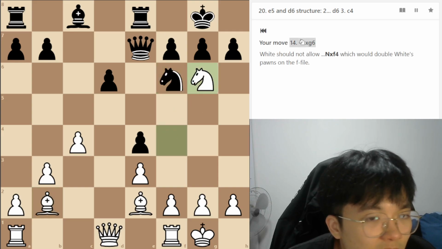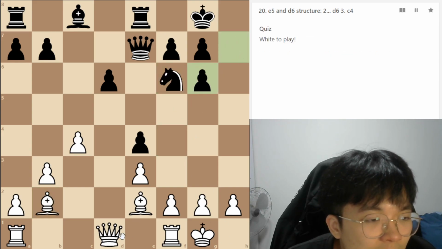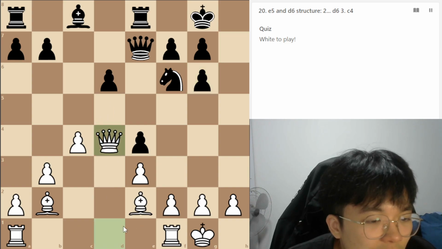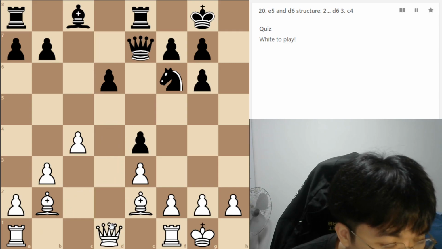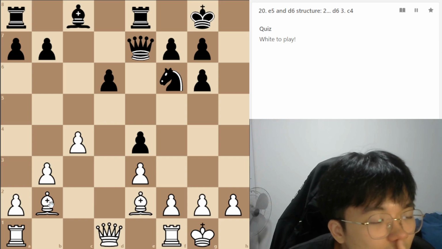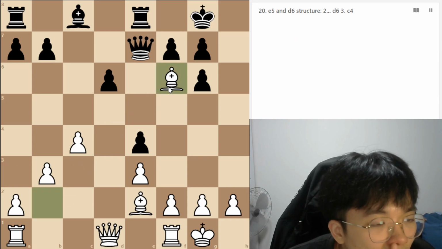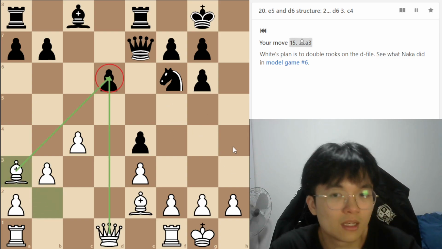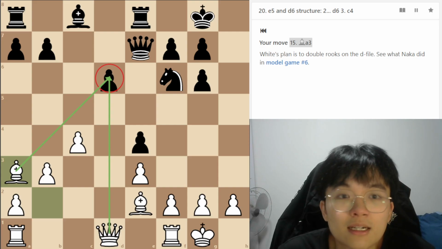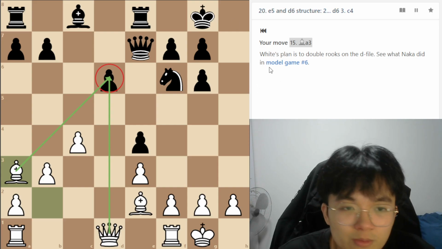No, just knight takes g6, and then we just pile on pressure on d, maybe. What's the move? Bishop a3. So I think I'm gonna do a blog post on this model game that they suggest you